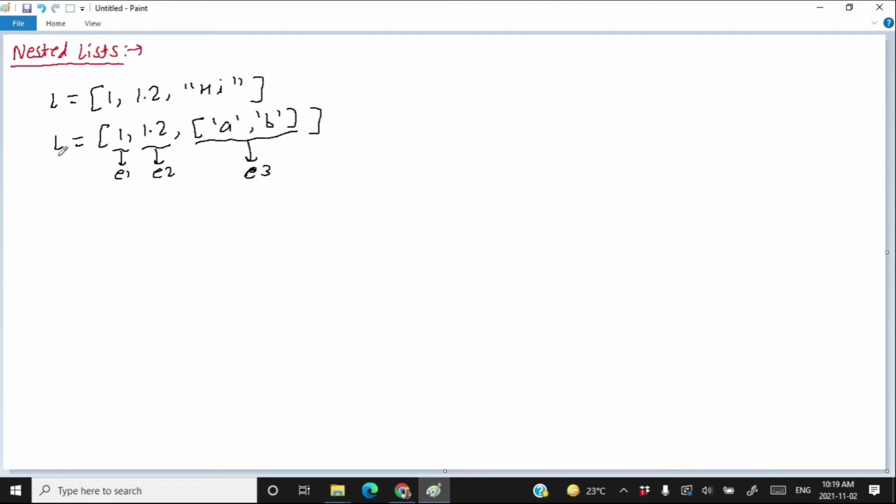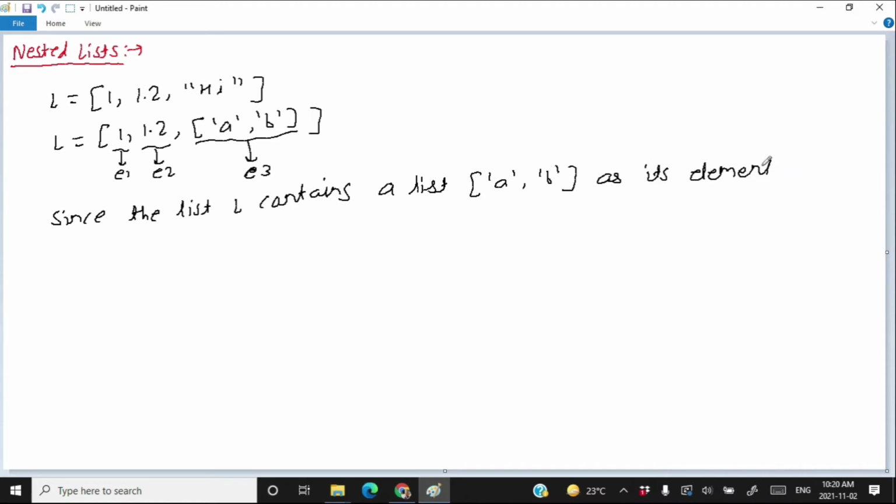Since the list L contains a list A, B as its element, therefore L is called a nested list.